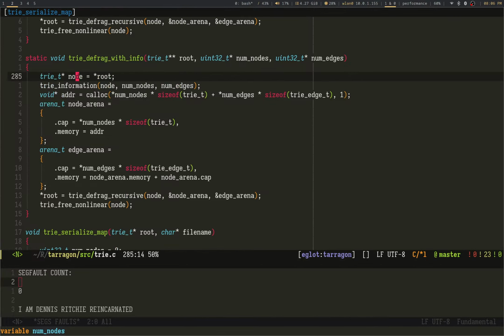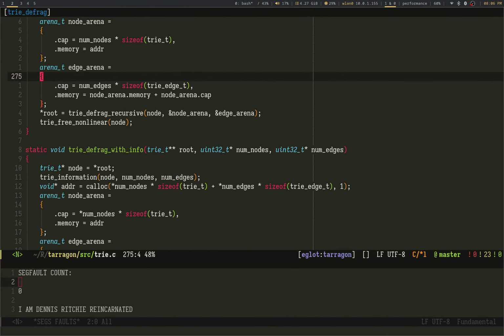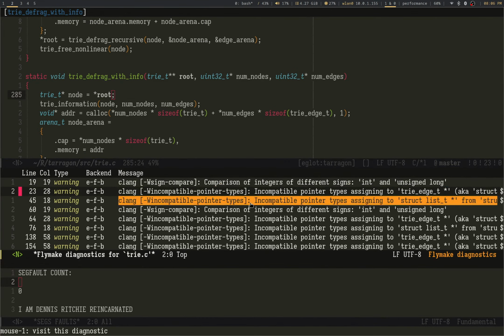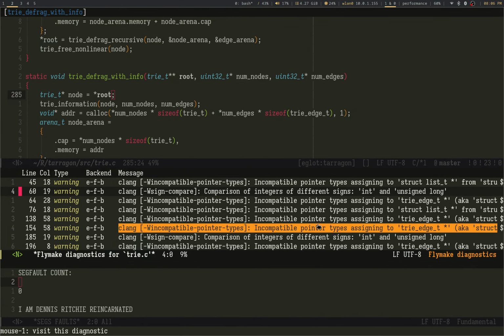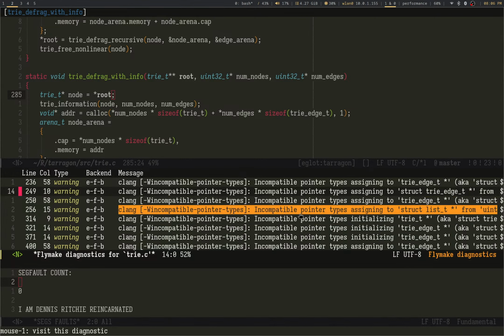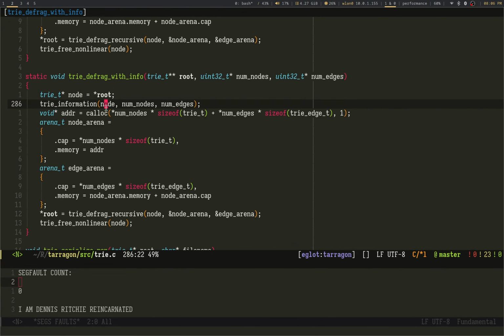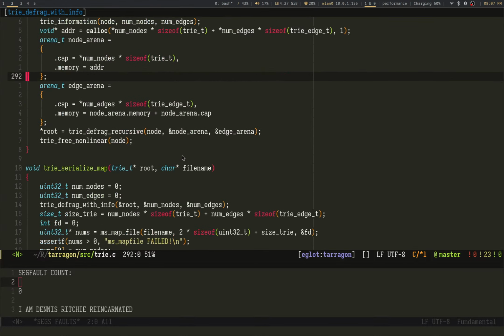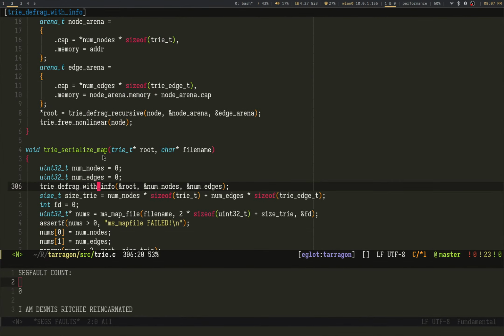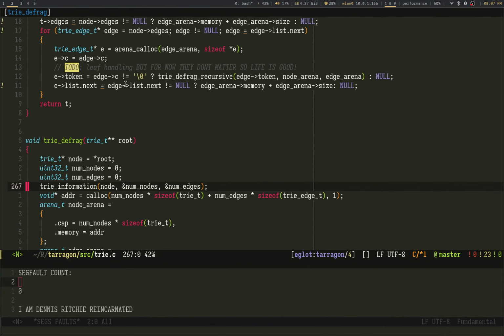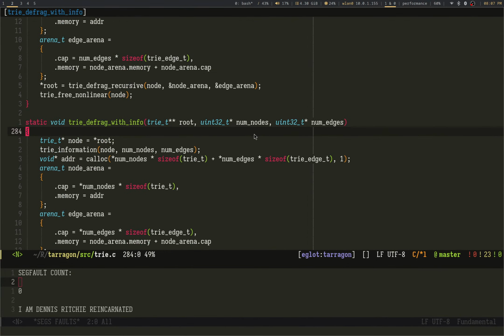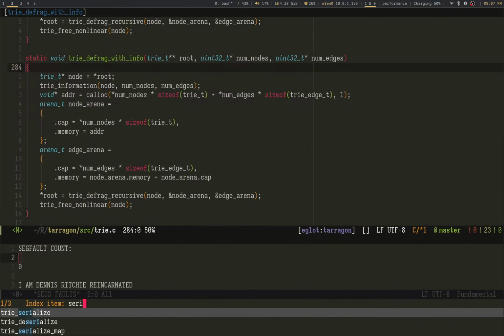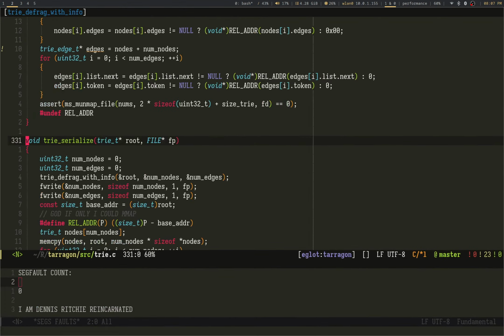As you can see, I have 23 warnings. Why do I have 23 warnings? Because I cast pointers, dog. I cast pointers. I do not care. They cast themselves. Why do I need to cast them? This is C. I'm not gonna do it. I just live with 23 warnings. Look at that. I don't care. Type safe. This is C. This is why it's fun.